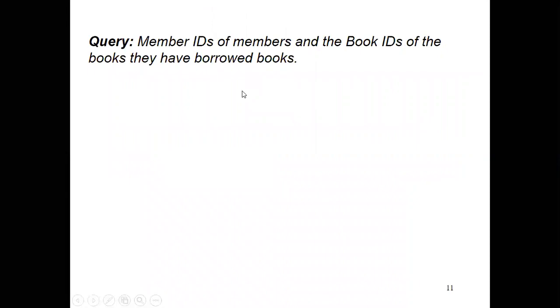So one more example I have. Retrieve member IDs of members and book IDs of books they have borrowed. How can we do this?